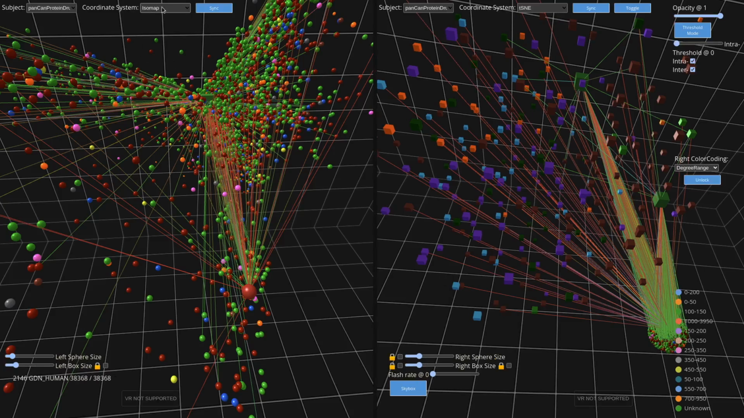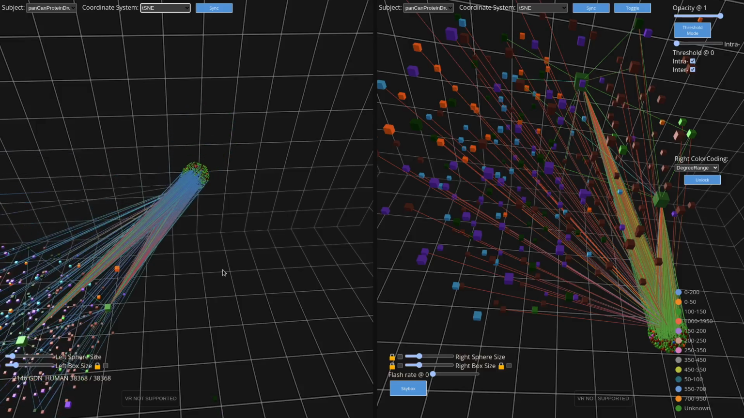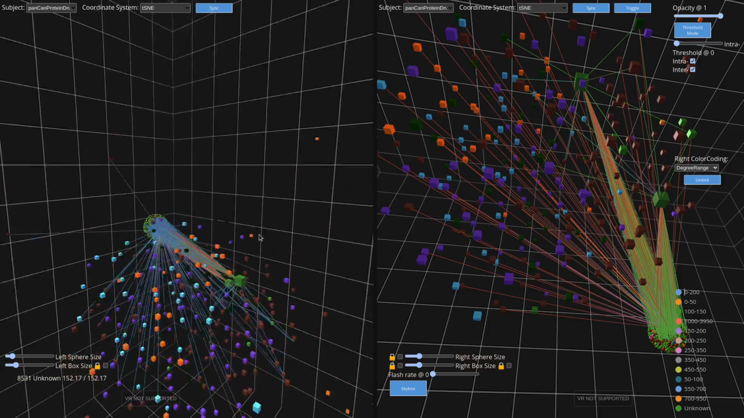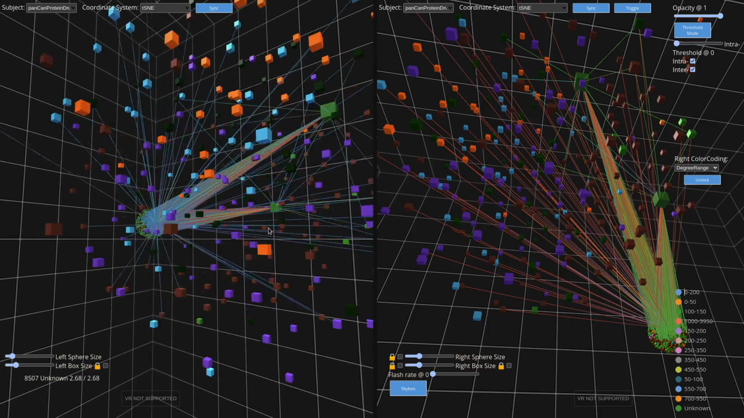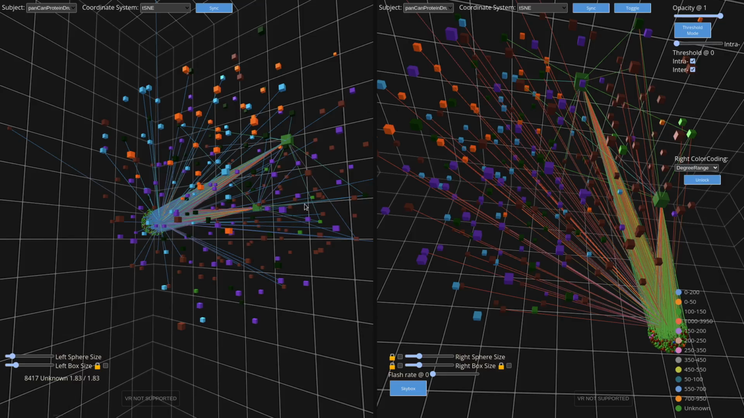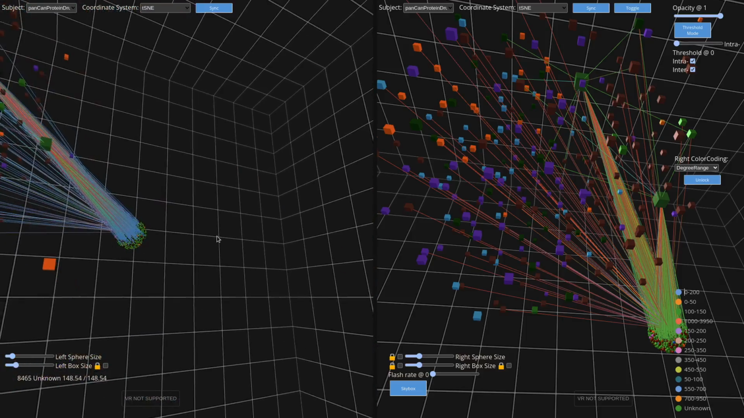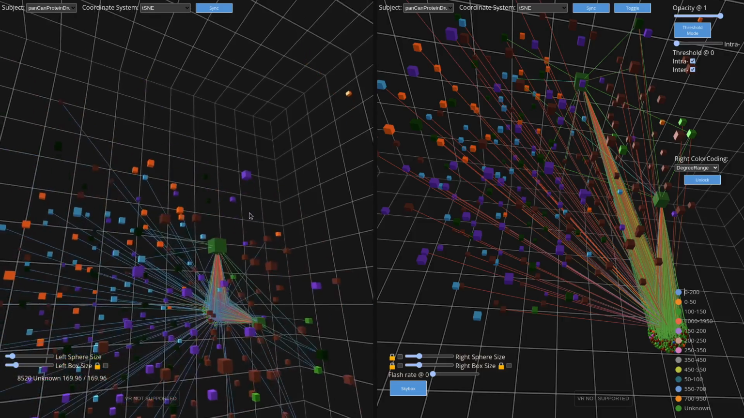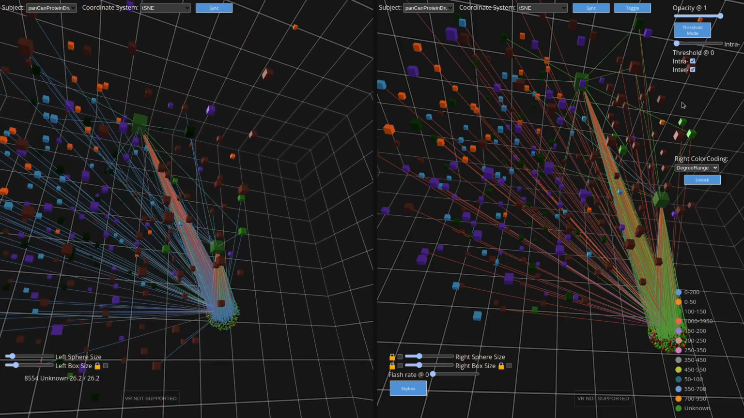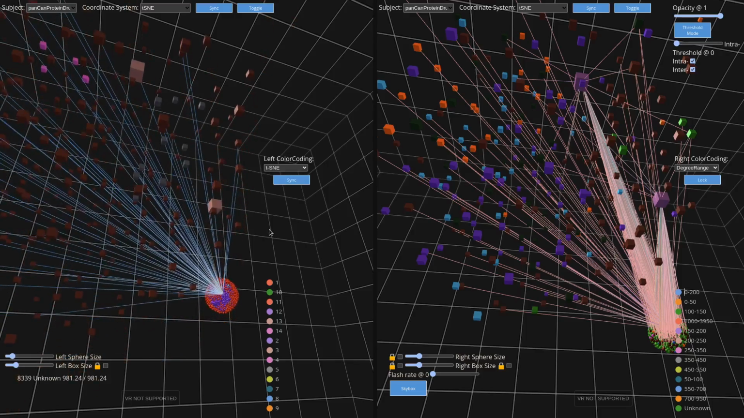It's also useful to have the same coordinate system on both sides, so this way you can sync them up. You can unlock the color coding and have them represented in different color codings. So we have degree range on the left, and we can do the native t-SNE on the right,